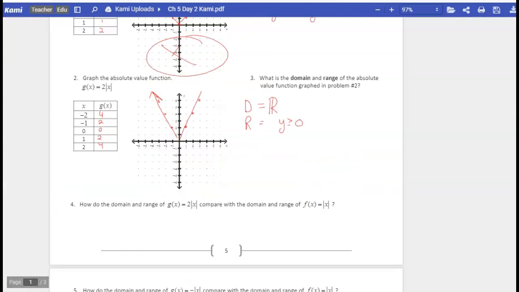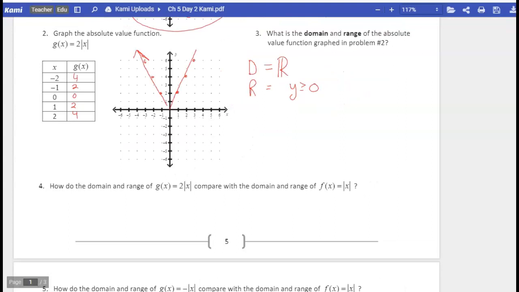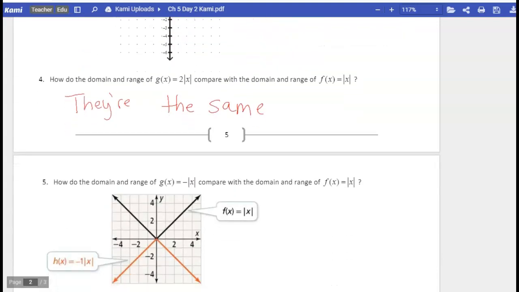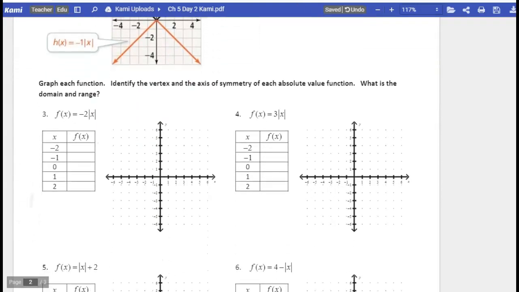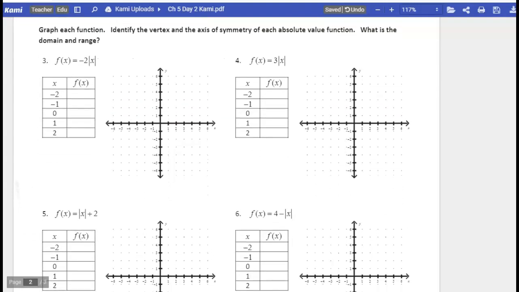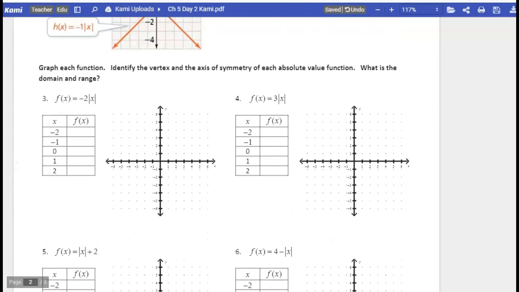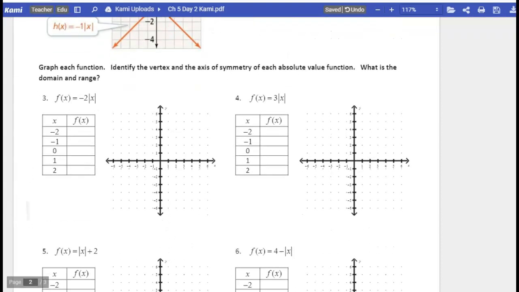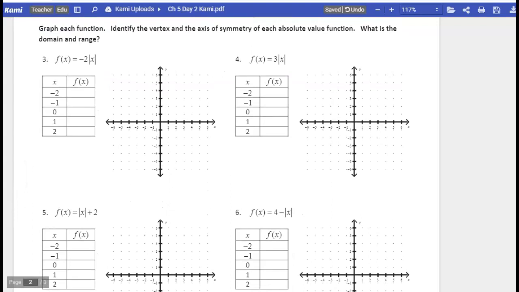So how does the domain and range of these two compare? Well, they're the same. Nothing changes because we didn't shift it up and down, which is actually going to come eventually here. You'll see it starts to happen when you get to numbers 5 and 6. You'll notice as we graph these. So I'm going to do a couple more here and then leave the rest for you guys to finish up. So we're going to do next. Notice here,